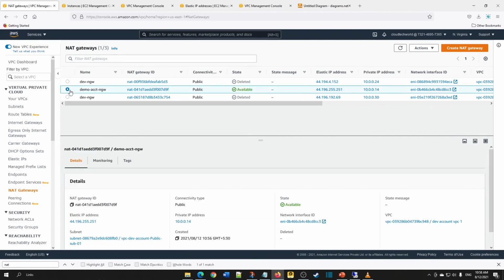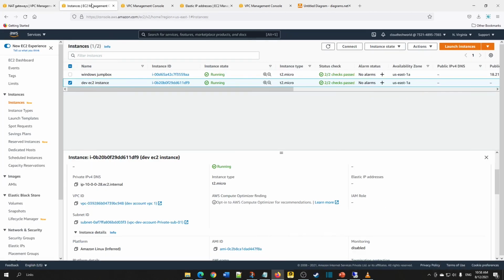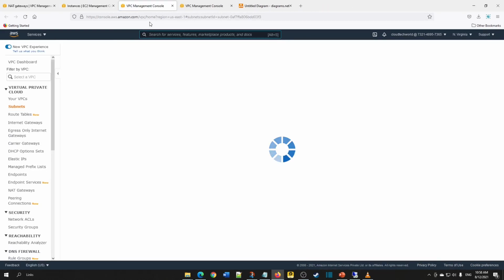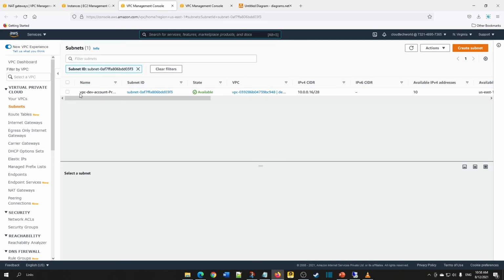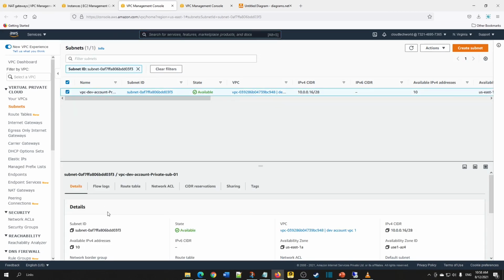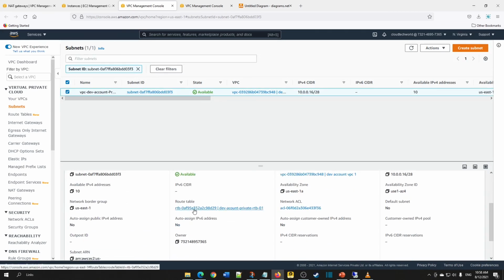Once the NAT gateway is available, we need to make sure that our private instance's route table is updated. For that, go to the private instance, click on the private subnet, choose the private subnet, and now click on the route table.